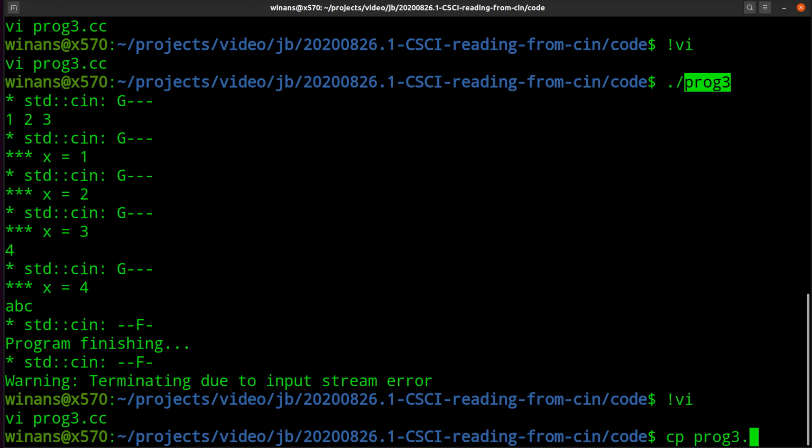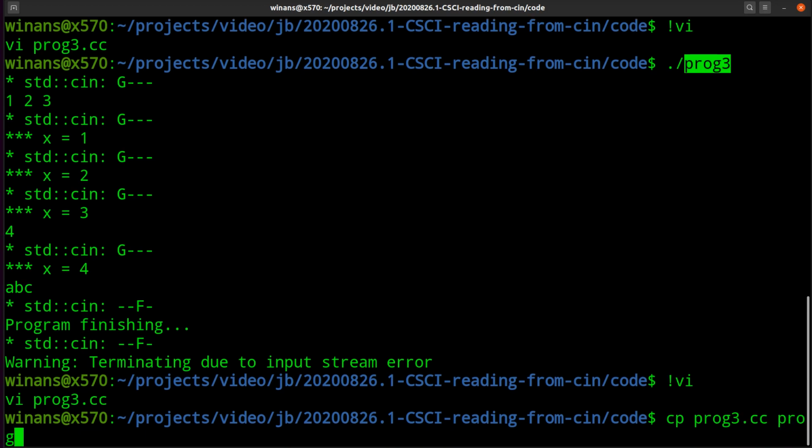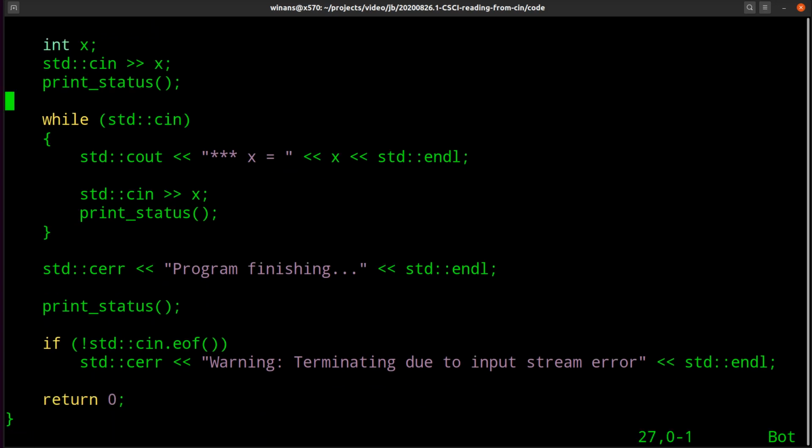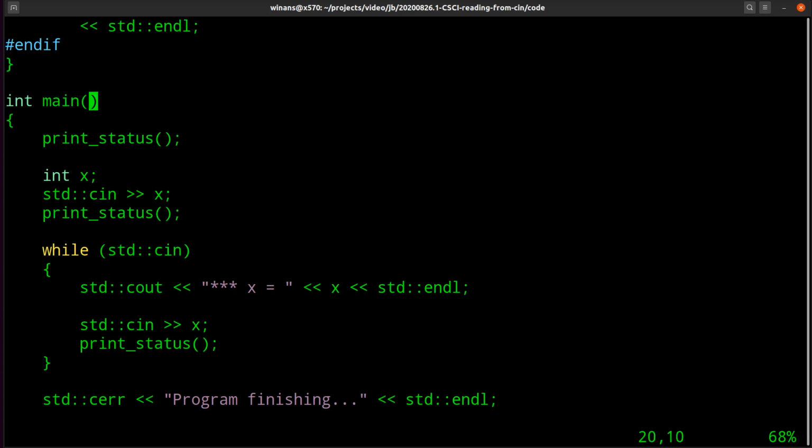So let's copy program 3, which is that one, to program 4. Okay, let's do this in two phases. Rather than asking if cin.good is true, we can just ask if cin itself is true.